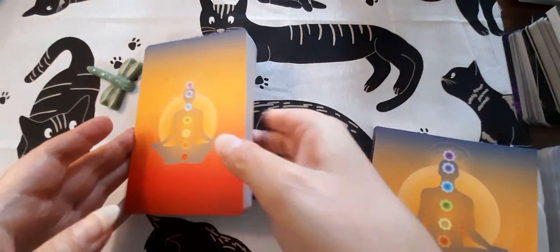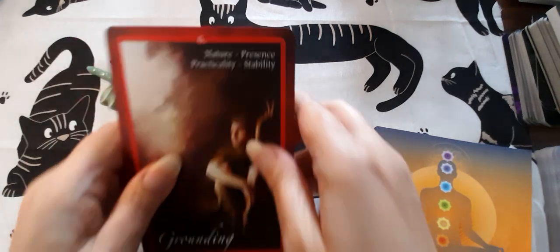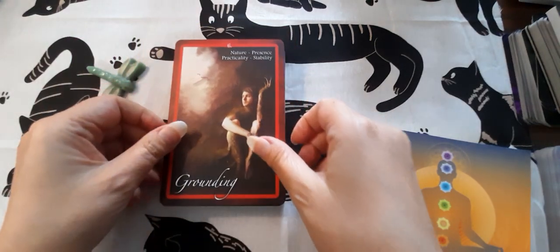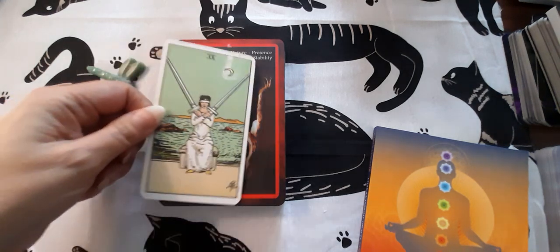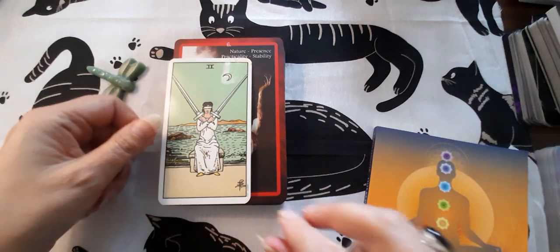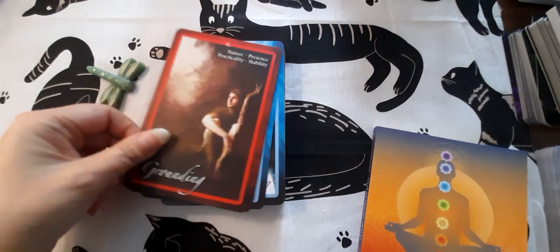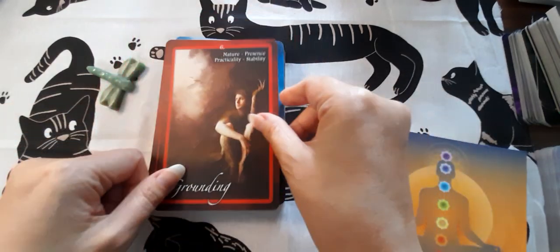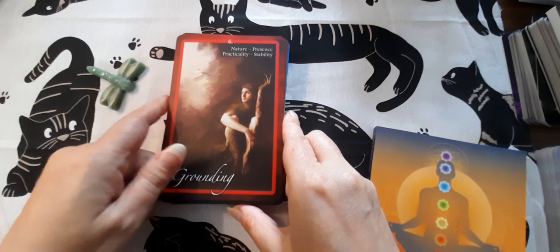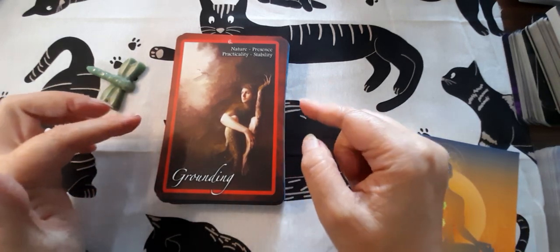But yeah, really like the backs of this deck. These are very big, stiff cards. Let's find a Rider-Waite-Smith card. So there we go. You can see they're huge. And they're really not particularly bendy. They're very stiff cards. And what's good about these cards is the colour of the card reflects